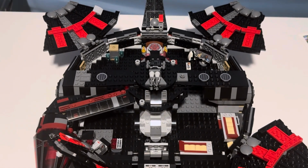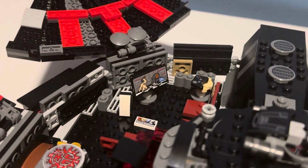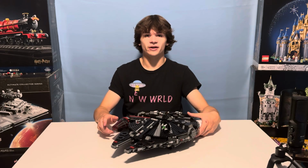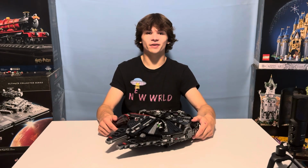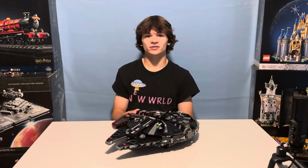I think some of the interior could have been better, like these beds in this part, but this gaming room with the TV makes up for a lot of it. And one more thing about the build is that it doesn't have very many play features. It does have a gunner in the middle and of course the cannons up front, but I honestly think they could have added a few more. But with all of that, I still think it's a pretty good build, and now it's finally time to review